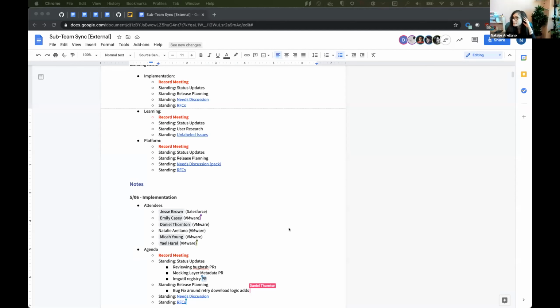Which bug is that? I didn't see it. What number is it? I'll post it just a second. Okay, thank you. Awesome. I didn't see it, so I was curious. Actually, then we can just share so we have something common to look at. You can all see this, right?